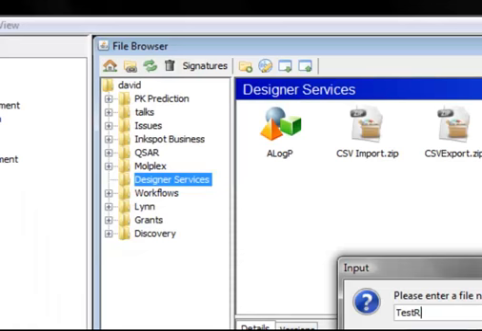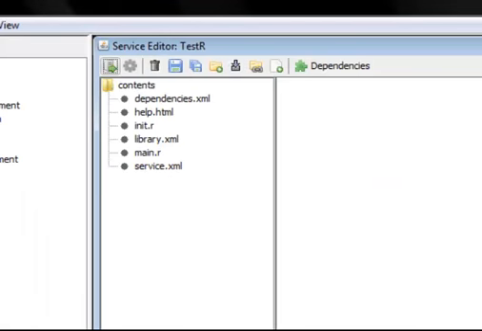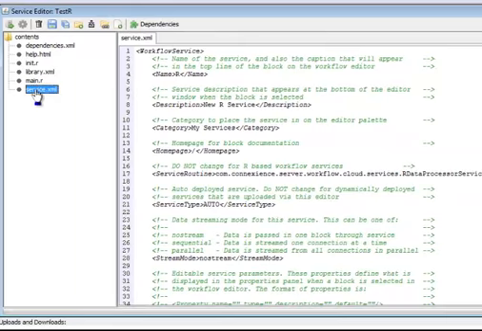So what we're looking at here are files that are stored on the host. To create a new service block, there are boilerplate files to help the developer build blocks that are consistent with the Inkspot framework. So one file, service.xml, is where we define the name of the block and the service, some description,